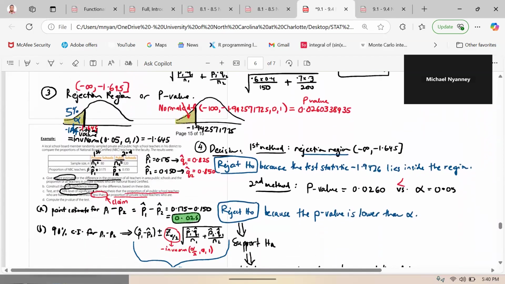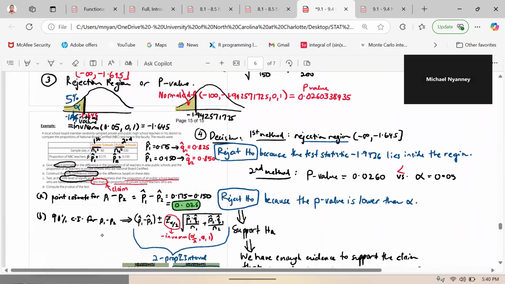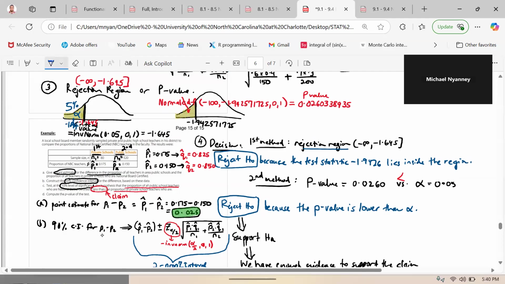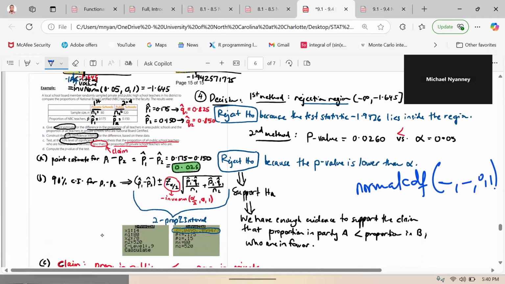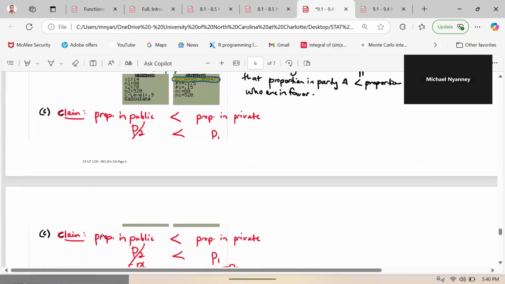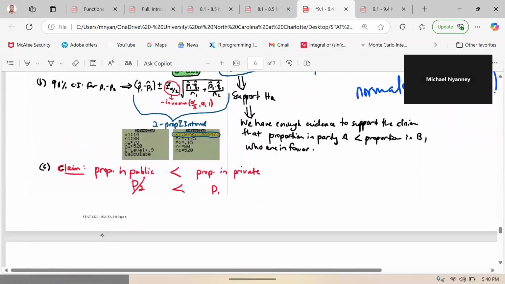So the same thing actually applies. Compute the p-value of the test. And if you want to use the calculator, use normal CDF. Then you put the lower value here, the upper value here, 0 and 1. Then you're good to go. Here's your p-value. Okay, so that is that. There's nothing changing here, so based on the claim,